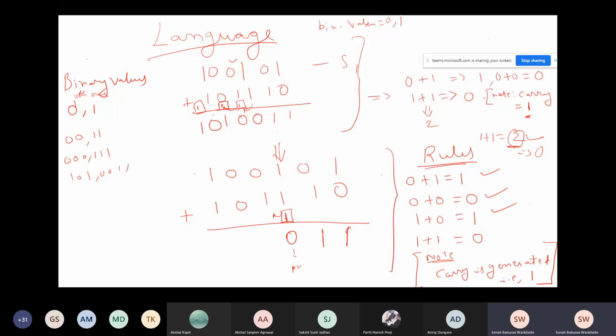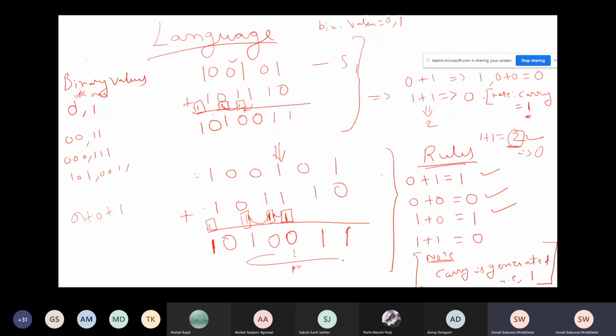Now 1 plus 1 will again give me 0, and one more carry is generated, but we cannot write 2 here. Now 1 plus 1 is 2 because we already have a carry here, so this carry is again shifted over here. Now 0 plus 0 plus 1 will give me 1. 1 plus 1 gives you 0 and a carry is generated, but that we use in our next move. Over here we don't have any values, so eventually we can write 1 over here.